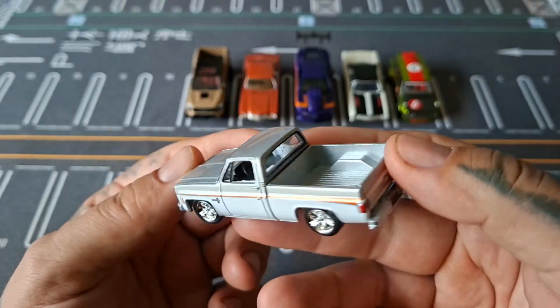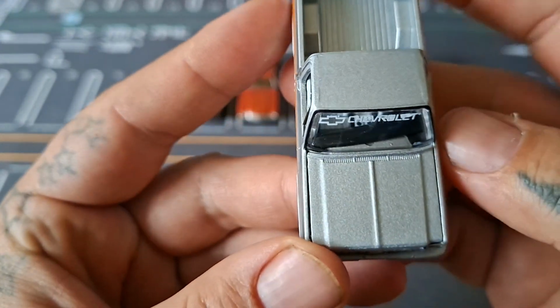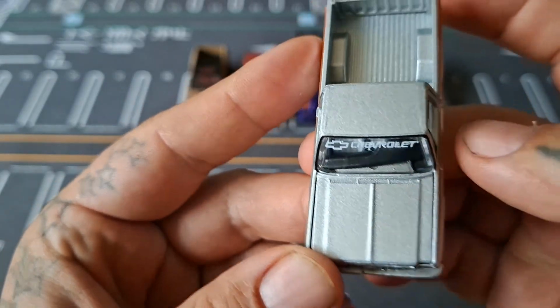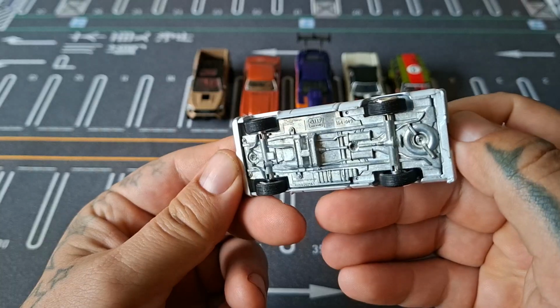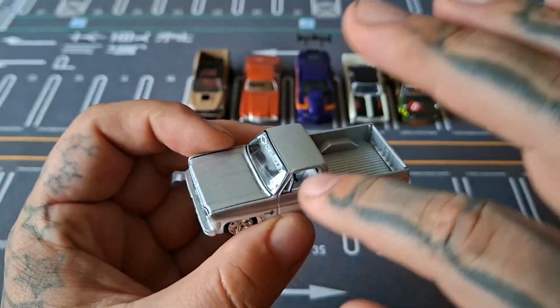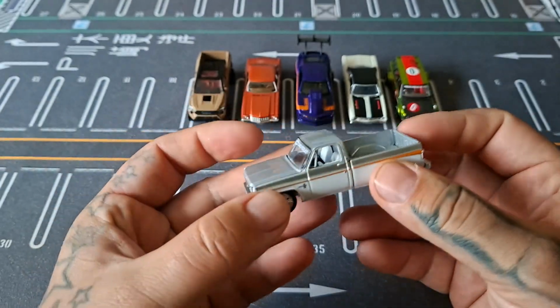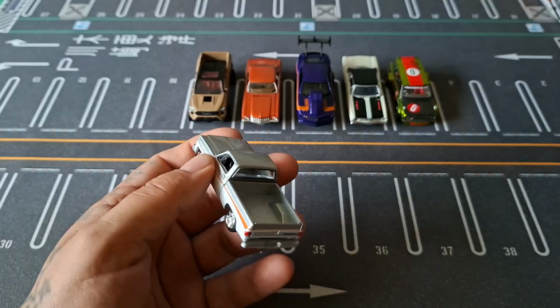Ooh, I see an issue. Look at that inside. Wait, the front panel is a bit messed up, and this means this car needs to be fixed. Okay, I'm gonna try, of course, maybe putting that in a spot off camera. I'm not gonna do it here. Or maybe I can, I don't know. If I have anything that is...